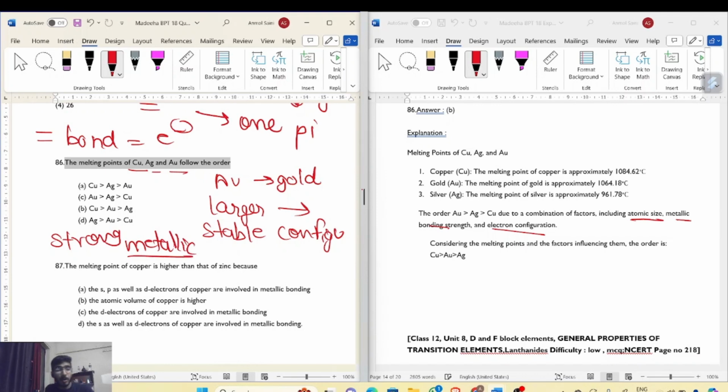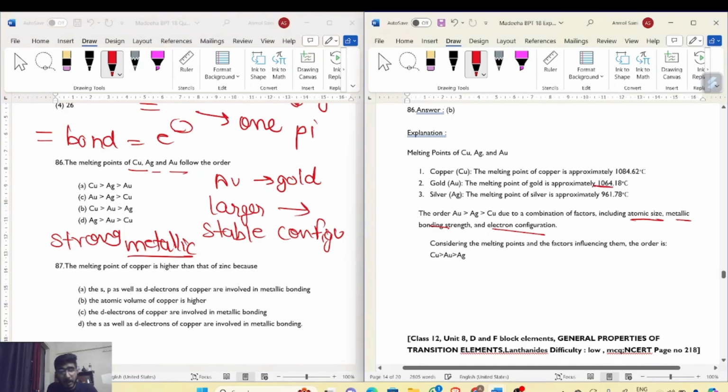Okay, so due to the reason strong metallic bonding and stable electronic configuration, gold will have the highest melting point, then followed by silver, and then copper. Okay, then copper. So correct answer will be option number